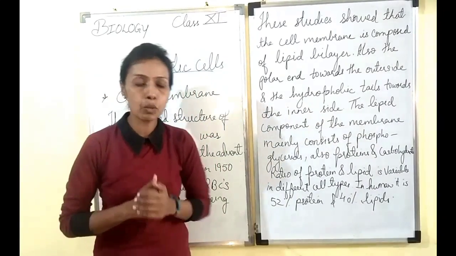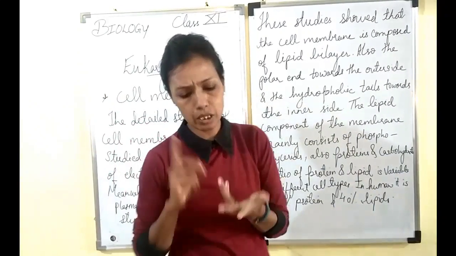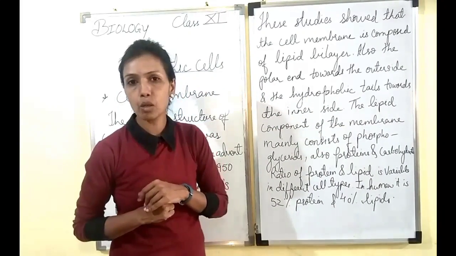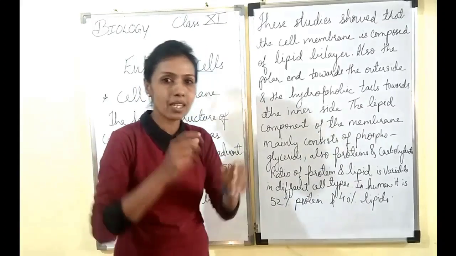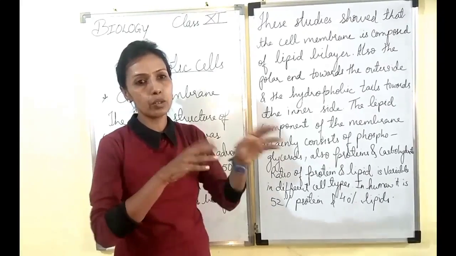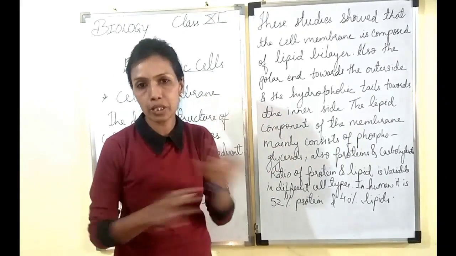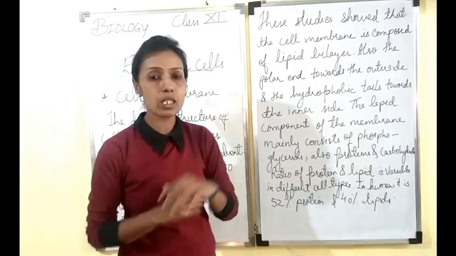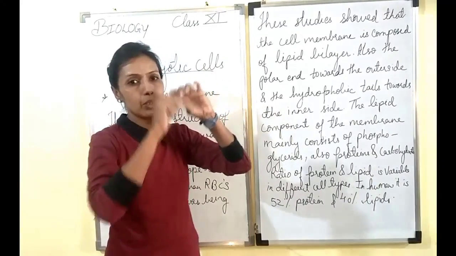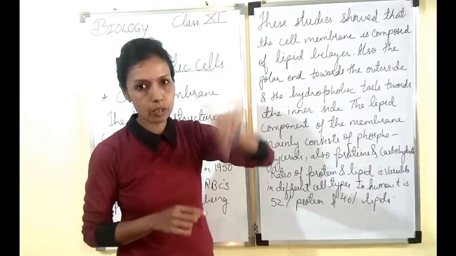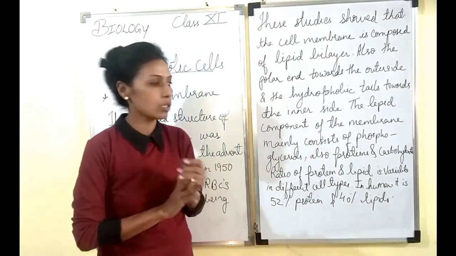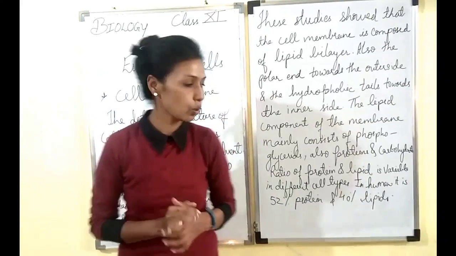We'll be studying the other important cell organelles in our next session: the mitochondria, lysosomes, centrioles, and in plant cells, the plastids and their subtypes. When we complete that, we will conclude this topic. But keep in mind all the terms we have studied today. Make it point-wise: start writing the headings and subheadings, what you have studied today as per composition, function, and structure.